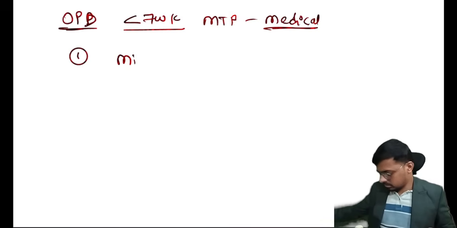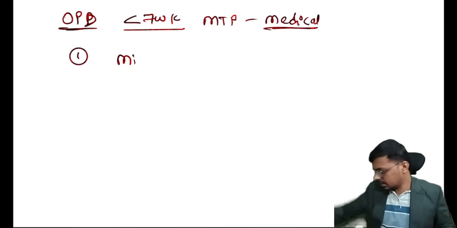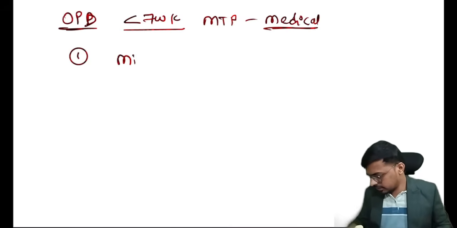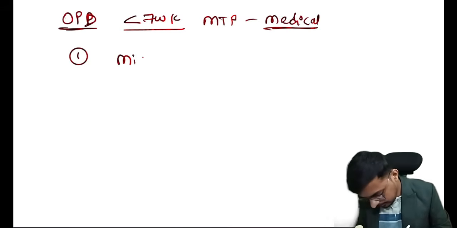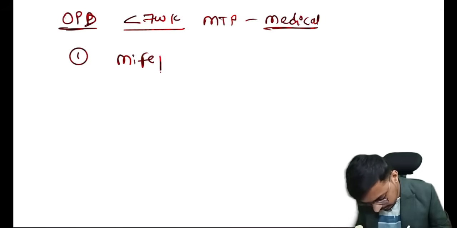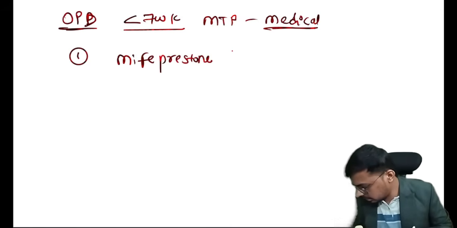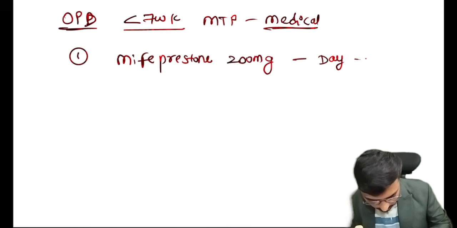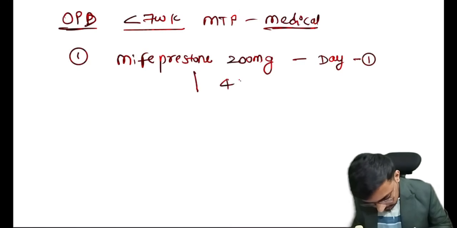Yes. So how do we do the medical termination of pregnancy in the first trimester, if the pregnancy is less than 7 weeks? By using the tablet called mifepristone, which is 200 milligram. We will give this on day 1. Then, after a 48 hours gap,